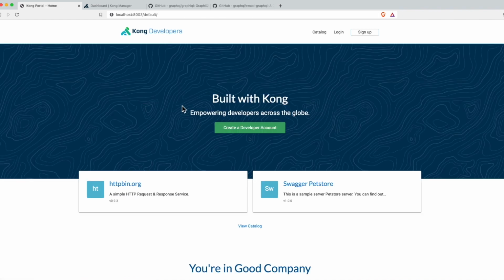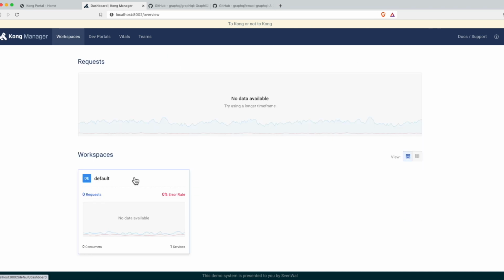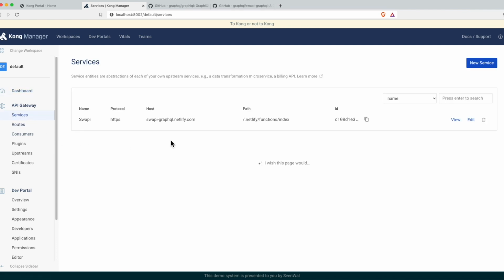Well, I have here up and running a Kong Enterprise version 2.4, but the version number does not really matter. The only thing which has been configured next to it, I've enabled the developer portal here on that workspace, is I already have put in one single service. You can see it's one single service, and this one single service points to a Star Wars API endpoint with a GraphQL interface. That's an example I've put in here, which we'll use from now on to work with